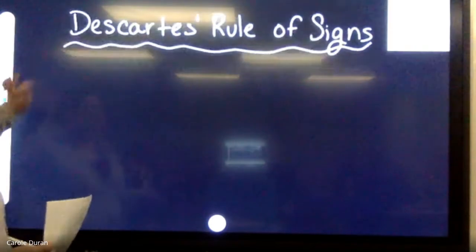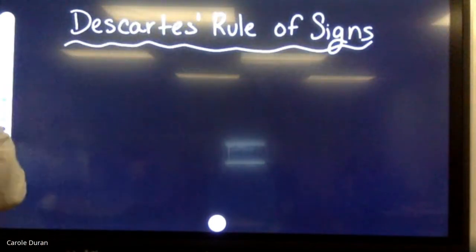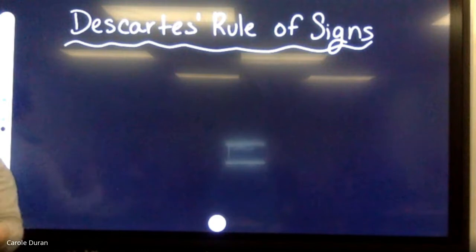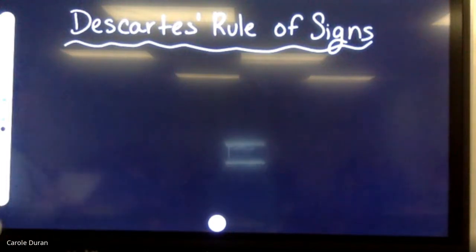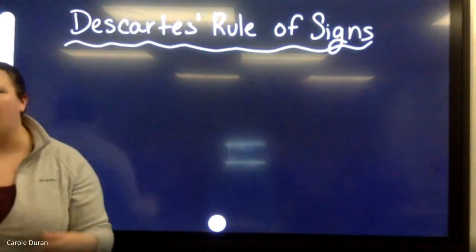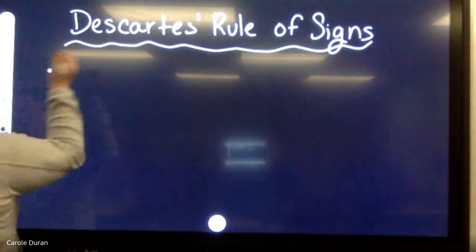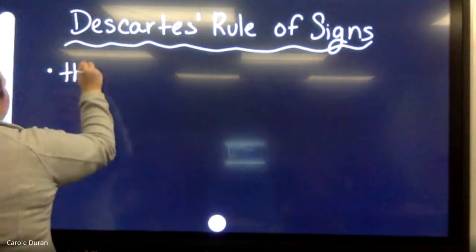Okay, so Descartes' rule of signs has 2 rules. One that applies to the number of positive roots and one that applies to the number of negative roots. When I talk about a positive root, I'm literally talking about a positive number. When I'm talking about a negative root, I'm literally talking about a negative number. Okay? So the first rule says that the number